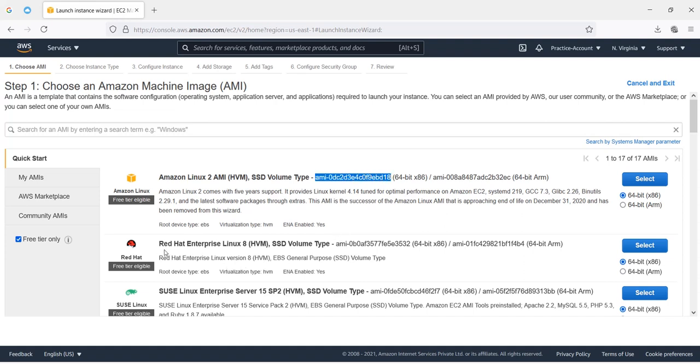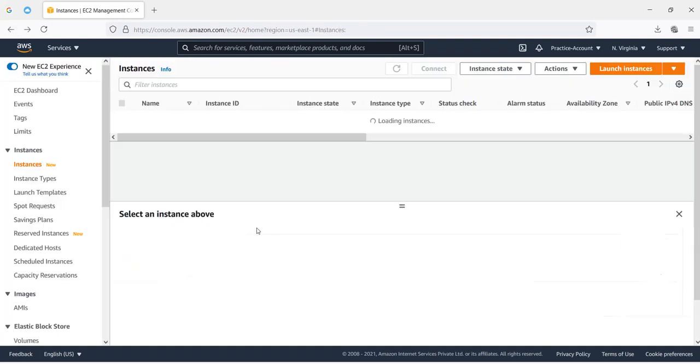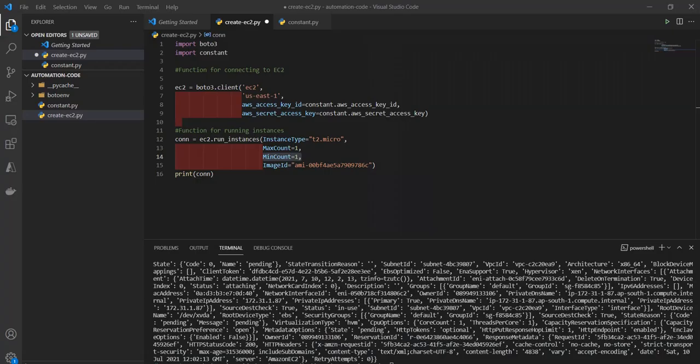If you want to create a Red Hat Linux machine, then in that case this is your image ID. I am just replacing it. This is my image ID. Now save.